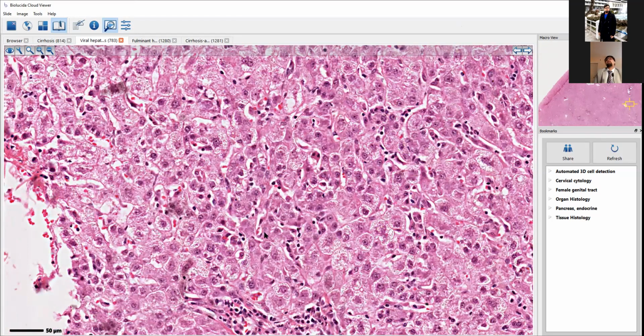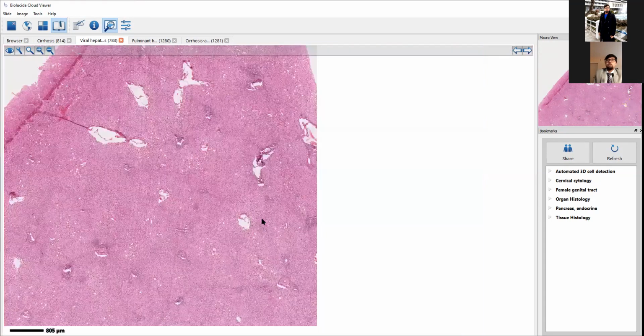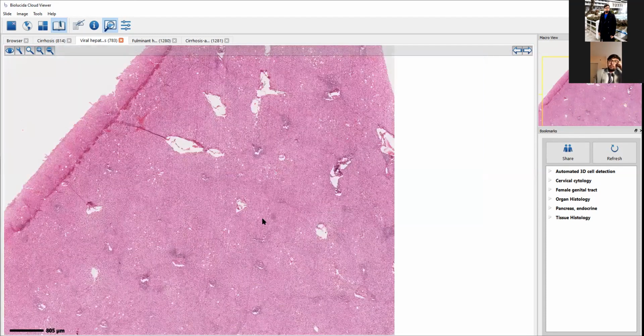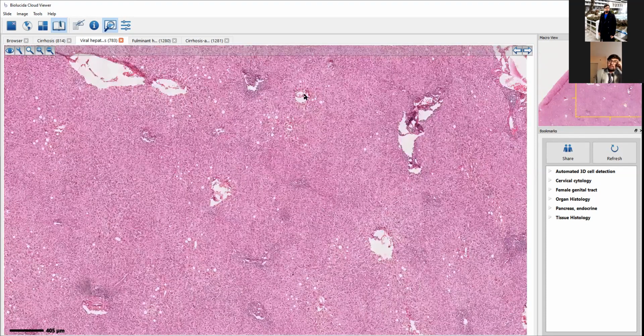Number one, you cannot make out normal cells because it is chronic viral hepatitis. All the hepatocytes have been damaged, right? Not only have the hepatocytes been damaged, these sinusoids are not normal here either. So when I go back up to the normal view and look at this slide, I have to see whether this is a liver or not. In order to look for the liver, try to look for one place where you can see that the cellular architecture is more or less normal. To measure whether cellular architecture is normal, try to look for the shape of the veins.